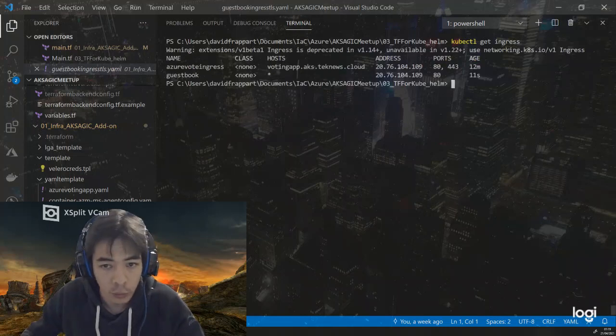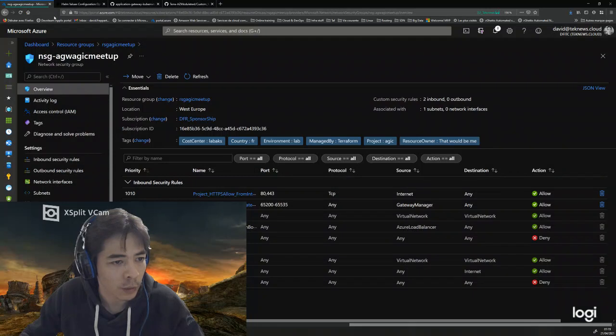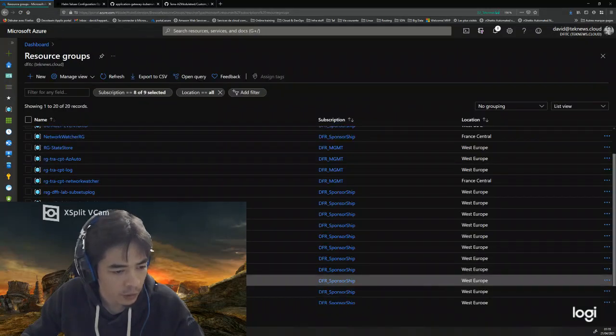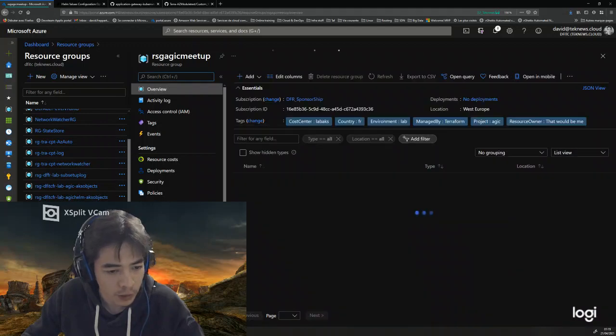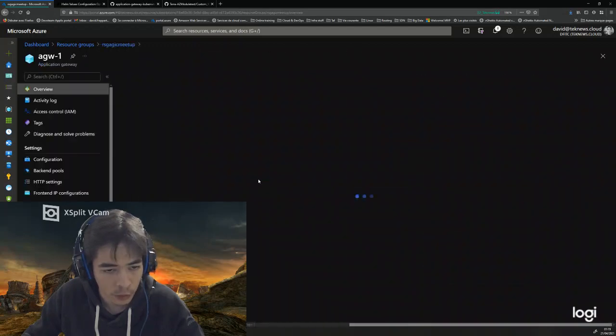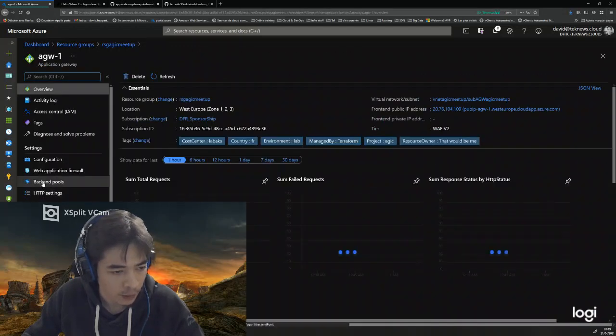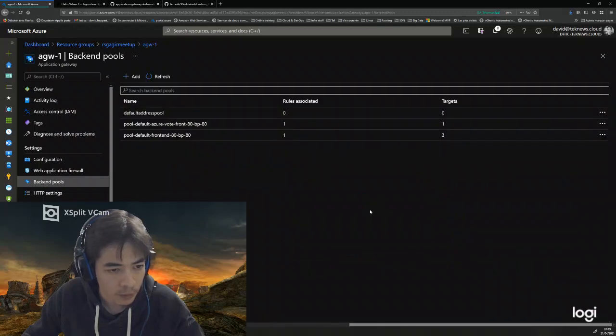I should have two. Okay, this one is not correctly configured because I did not specify a name on this one, but I do have two names. If I'm just going in my configuration and checking my application gateway, I should see the backend pool on this one. As you can see, I do have my two backend pools. Perfect.